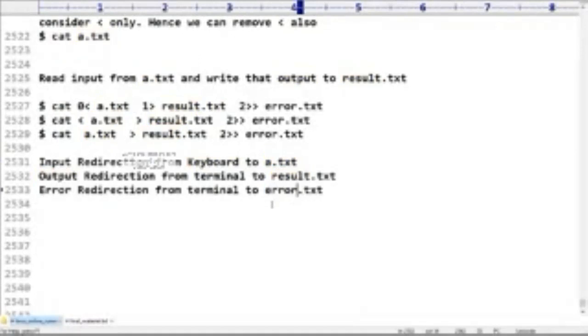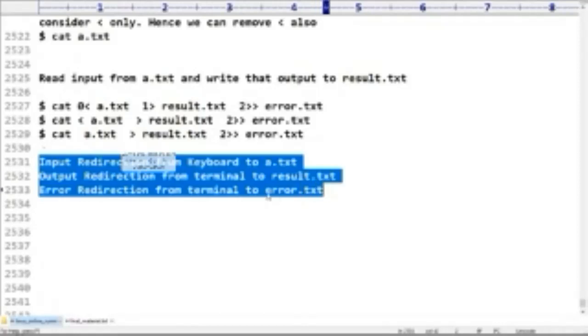Yes friends, are you in a position to understand which place the redirection happens from and to? Nirmal, can you please provide the complete command? Nirmal, can you please tell your complete command?